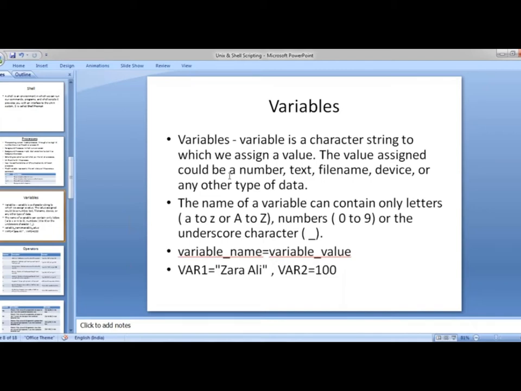Okay, so a variable has a name, and some naming convention should be followed. It could be from A to Z, any alphabetical name, in capitals or small letters. Numbers from 0 to 9 can be used as a combination, and only underscore could be used. If it is a question mark, at the rate or hash, which we usually use, it will not work as a variable name. Okay. Let's see.